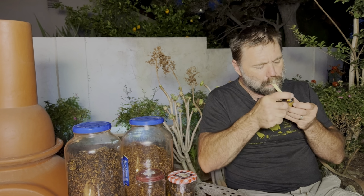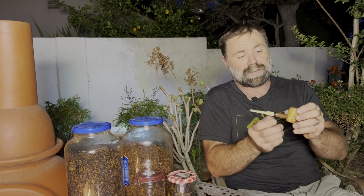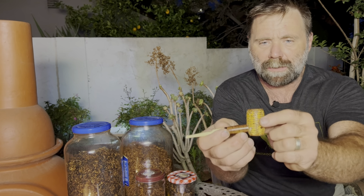And I forget what it's called because the sticker is quite worn off. I knew what it was called at one point, but it's not a common name. I'll have to get back to you on that. Maybe I'll put it down in the bucket, as they say. But it's a beautiful pipe. I actually bought it used on eBay for like $10, but you could see it's like this old looking